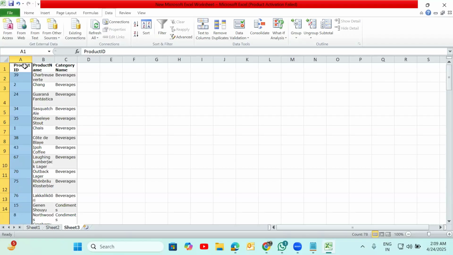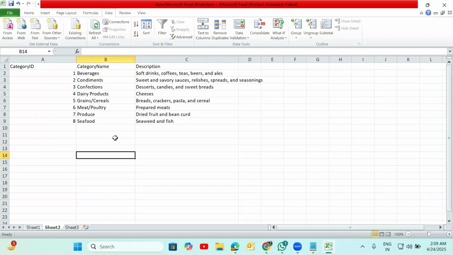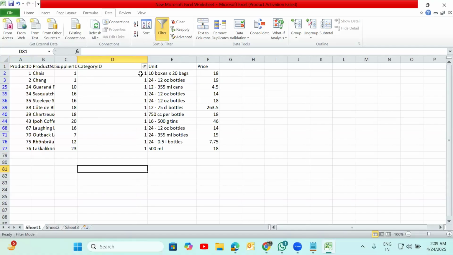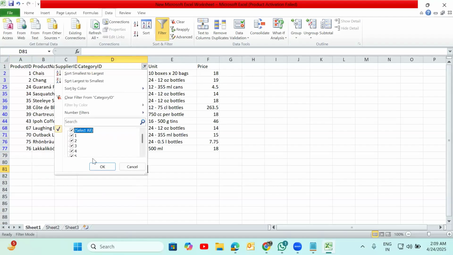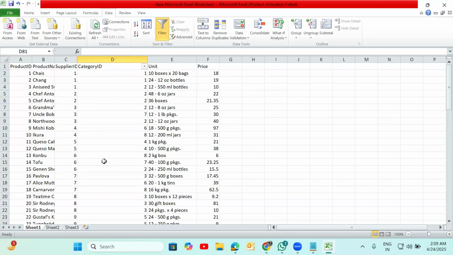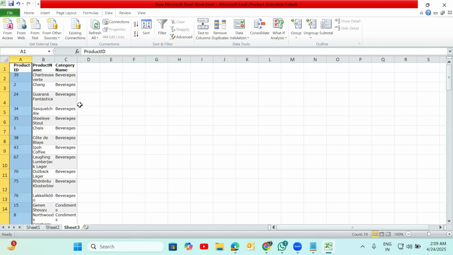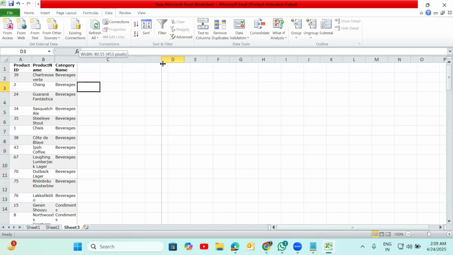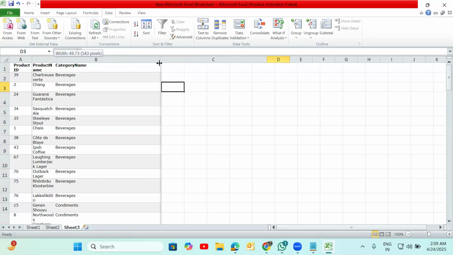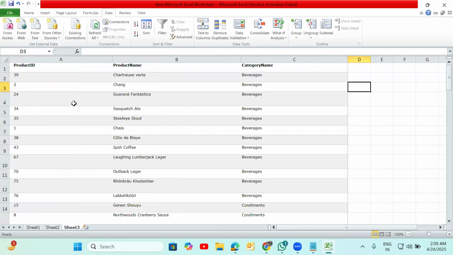Okay, the first record we can ignore. Why? Because that is metadata related information, right? Okay, if you see product 39, right?